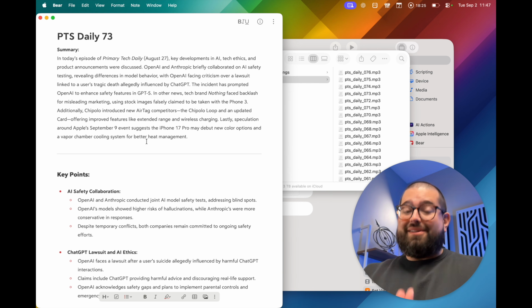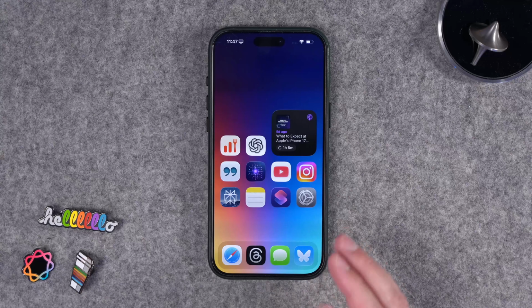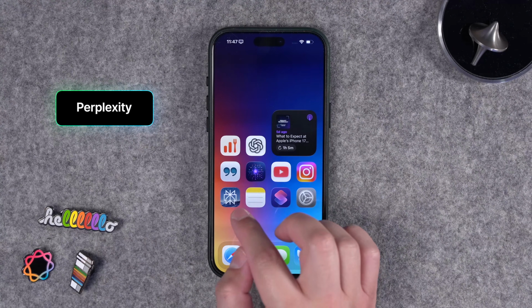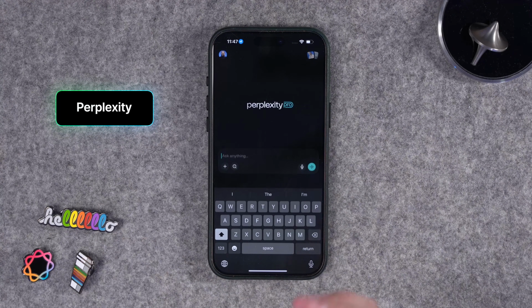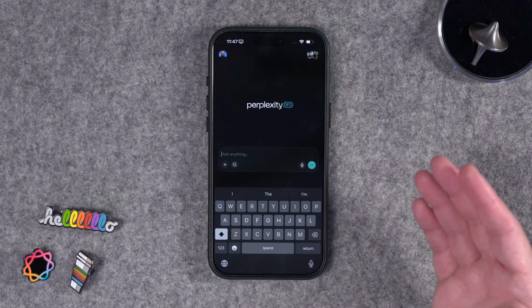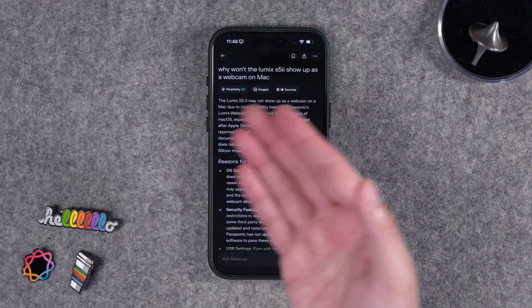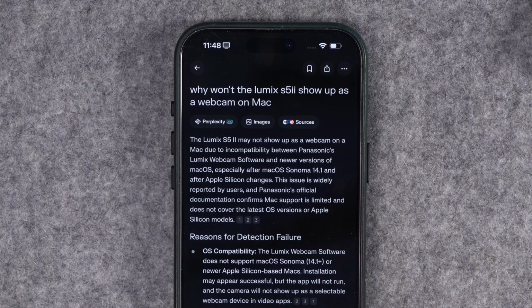And that was done with the built-in transcribe action and the built-in Apple Intelligence use models action. Next, I actually put Perplexity on my main home screen, and I've been using it as my default search engine. I find I prefer the results I get from this as opposed to Google and those AI overviews. And just a simple example, a recent search I did, I was testing out mirrorless cameras in webcam mode, and